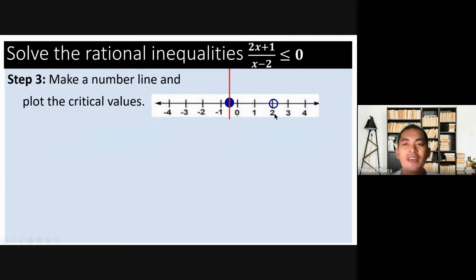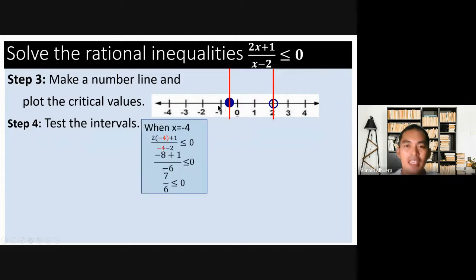And you divide it into intervals. There are also 3 intervals. Get one value for every interval. Okay, you test it. Which interval is included in the solution set? So here in this part, so I choose negative 4. So negative 4, so I substitute it here. So we have 7 over 6. Is that less than or equal to 0? So our answer is